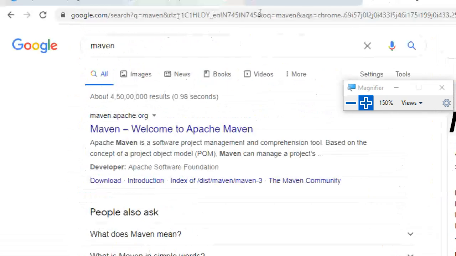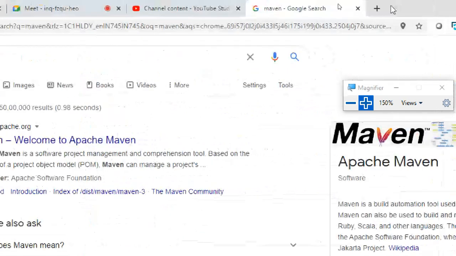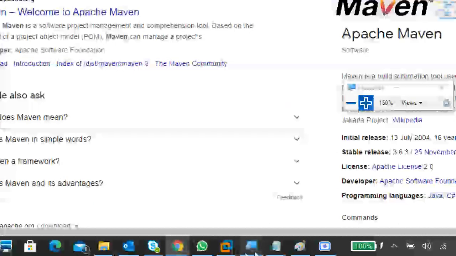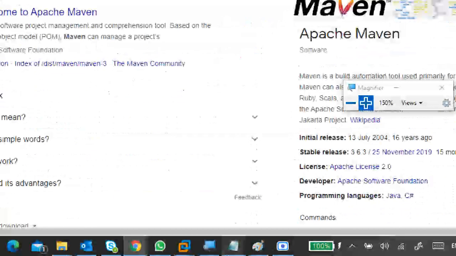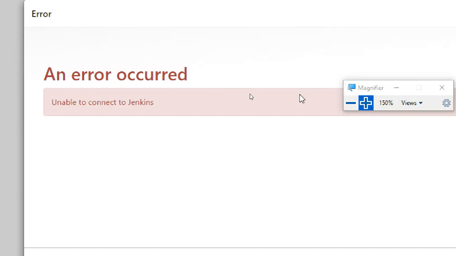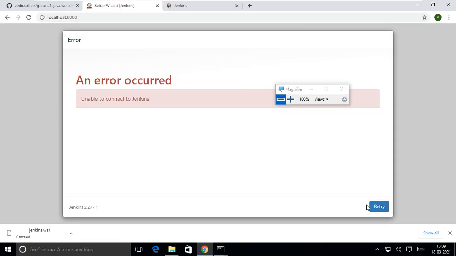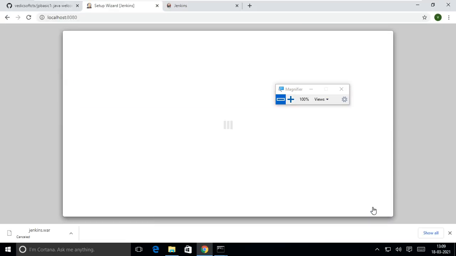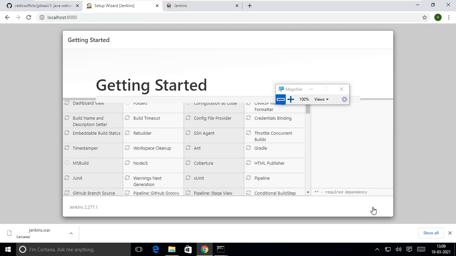We don't have an IDE here. If you download an IDE it will also take time because it takes my internet speed. It is again an error. Okay, put it again. Again it is starting.